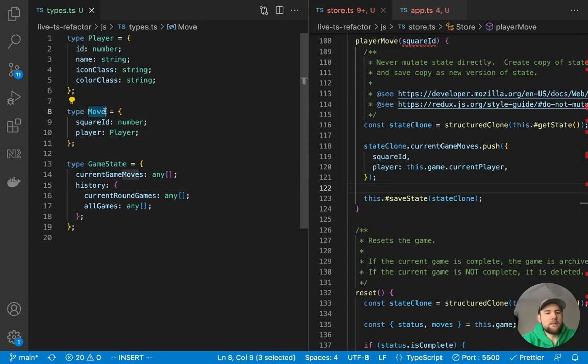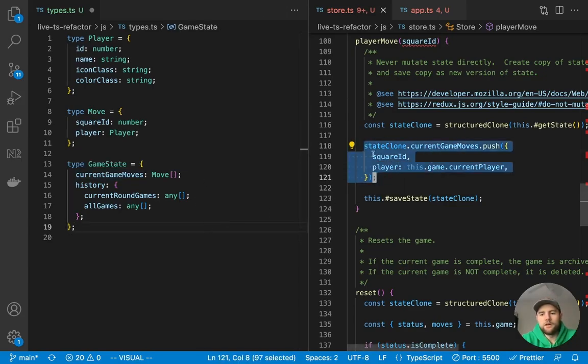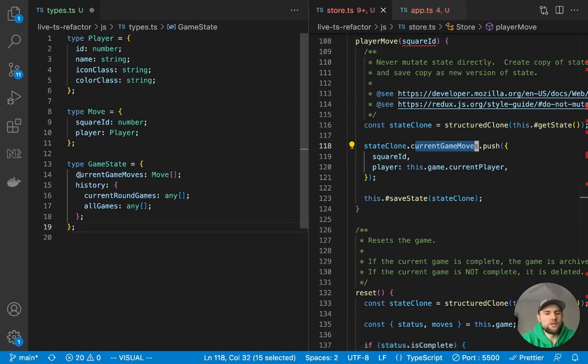We can now take this move type and replace the any type in the current game moves with move. So now the current game moves is an array of moves, and that lines up with what we've done here, where we are pushing a move to the array of current game moves, which is our state.